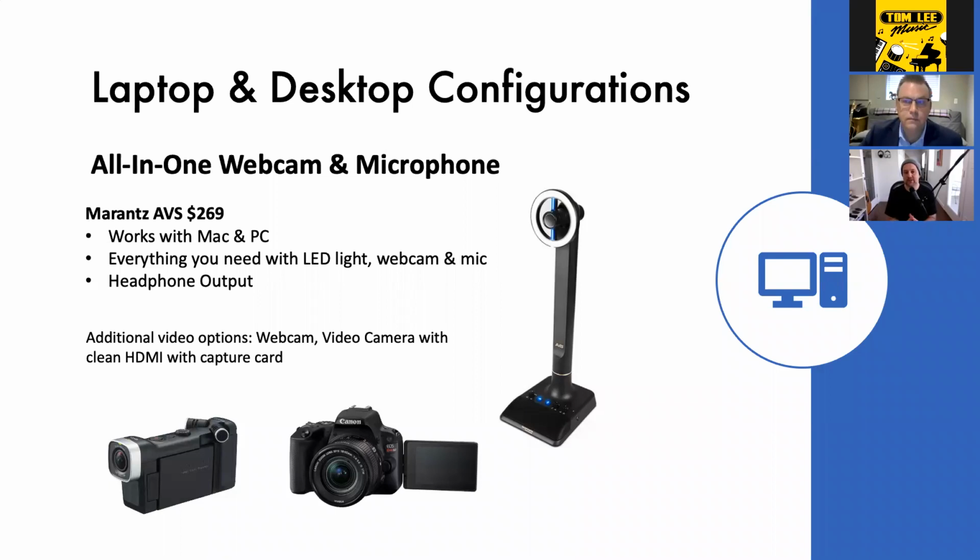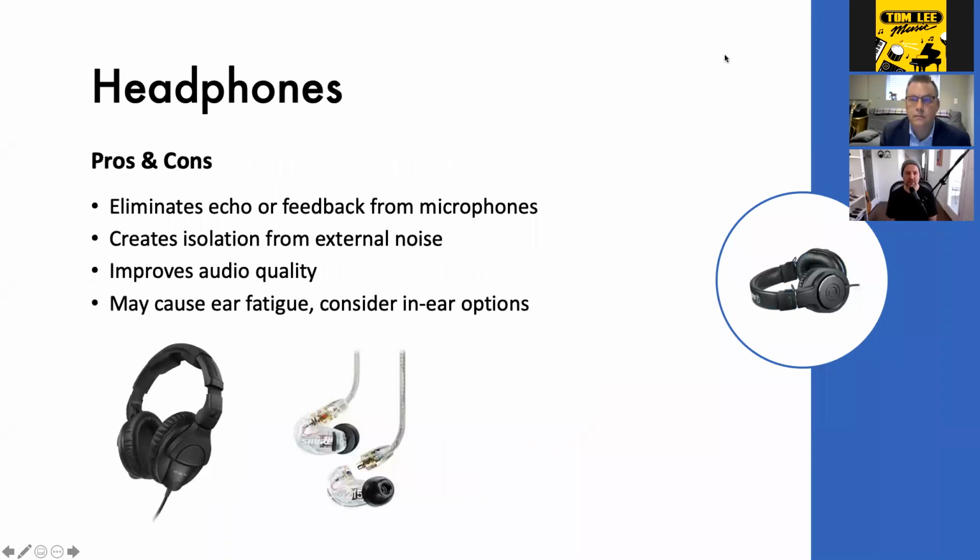But we also have interesting things like Zoom makes a little product, which you can see on the slide, things like the Q8 and the Q4N that you can use as a webcam, or you can simply use as a video camera that has really great built-in microphones. Okay, so let's go on to the next slide, and we'll talk about a few more things here. And again, these are just options. There's a landing page I'll send you guys to that will help you pick and choose from those things. And even that is really a select grouping of products.